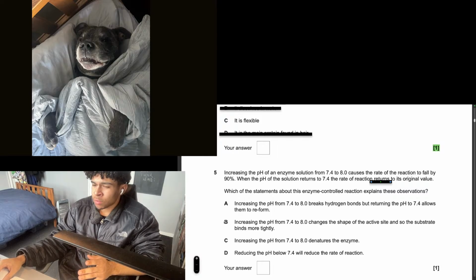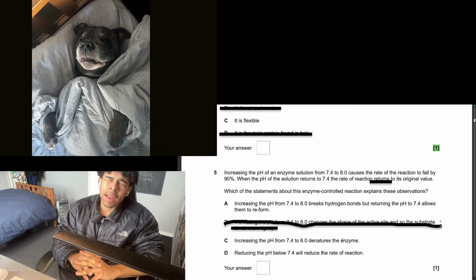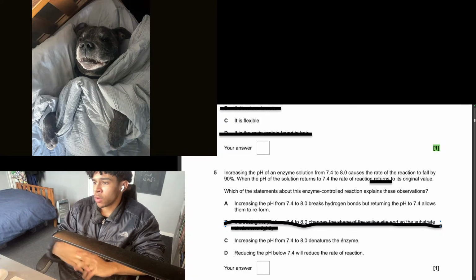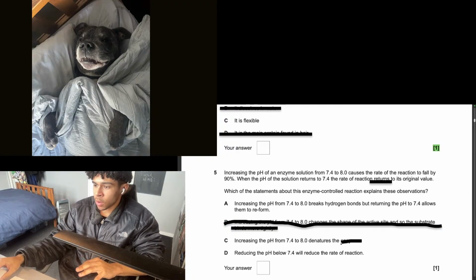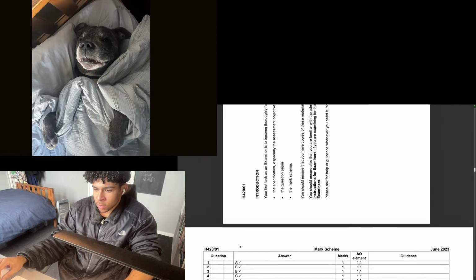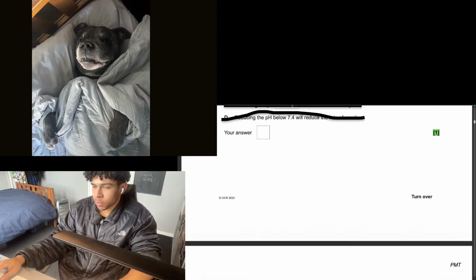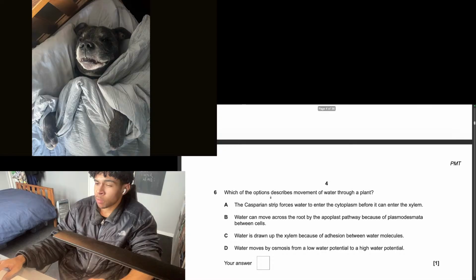Thing is, this is assumptions. We don't know. It could become more loose. It could become more tight. Most likely, it's going to become more loose though, because it denatures. And when it denatures, it means there's a point of no return. It returns, so it's not actually denatured yet. Reducing the pH below, wow, it's increased. We're not even told about it being reduced. So this should be A, and boom, okay, 5 out of 5. If I get 100%, I'm probably going 100%.